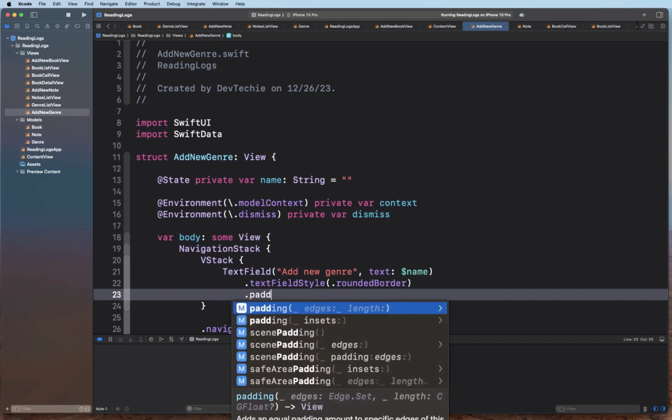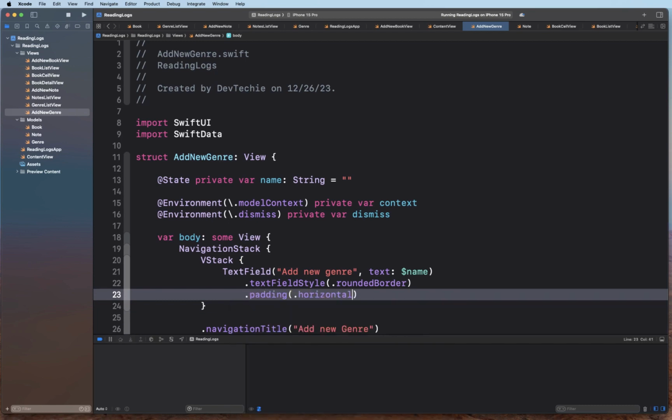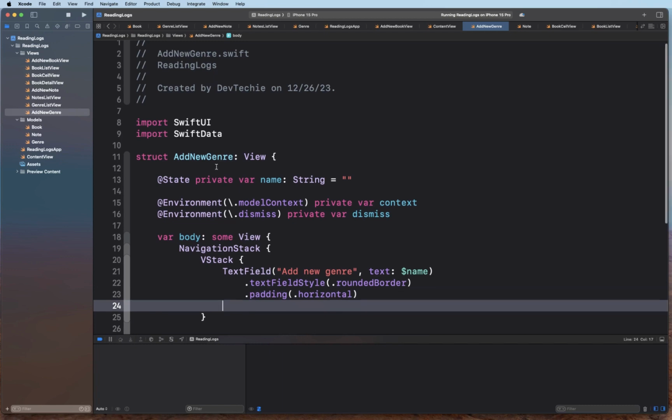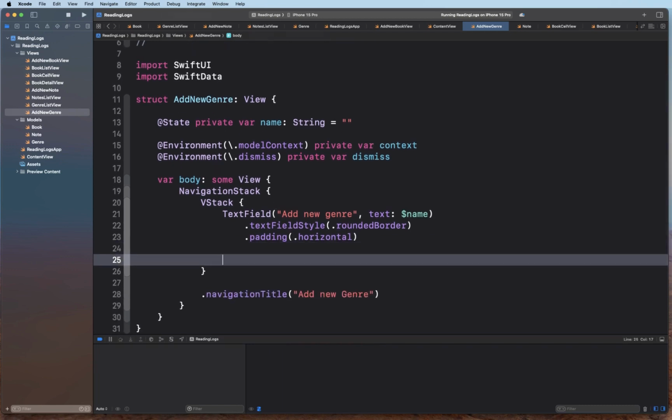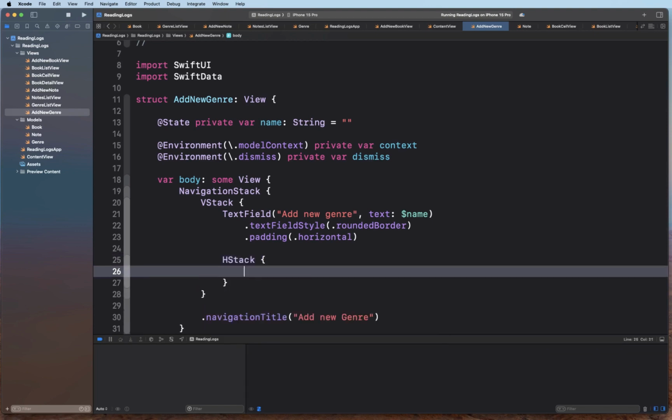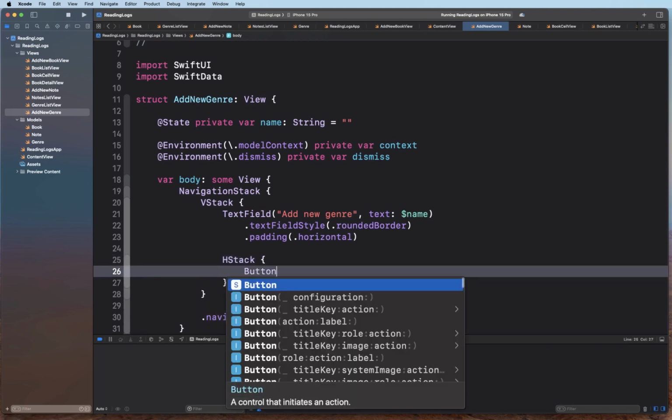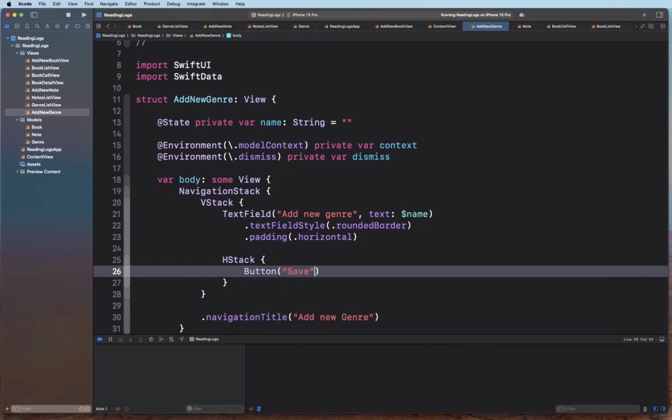Let's add some padding in the horizontal space for the text field, so we have a little bit of breathing room around the text field. We're also going to create an HStack. This HStack is going to have a button to save our record,